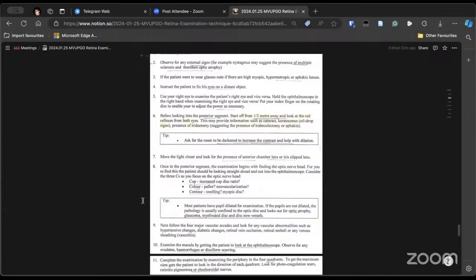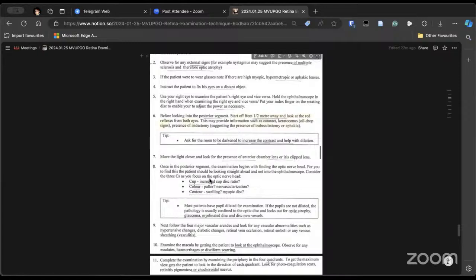So we look at, sir, may I? Yes, yes, Dr. Nana, please. The optic nerve head, we look at the size, the shape, the margins, whether well defined or not. Then the cup disc ratio, the vessels emerging from the disc, and if there is hyperemia or pallor of the disc. Okay, and also the neuroretinal rim. You have to tell the regularity of the neuroretinal rim, and if the ISNT rule is followed.